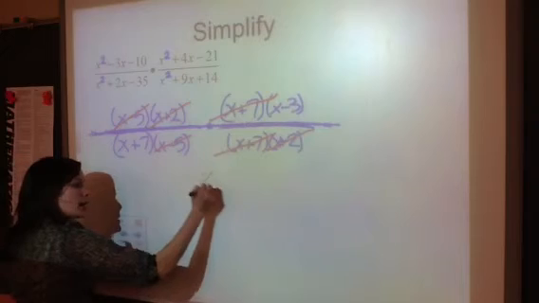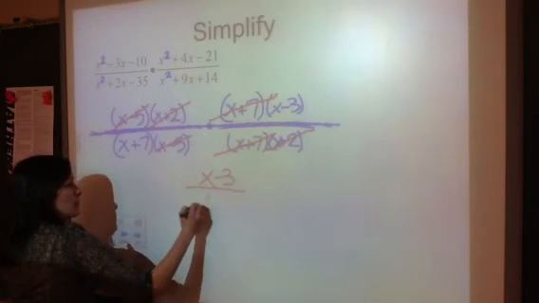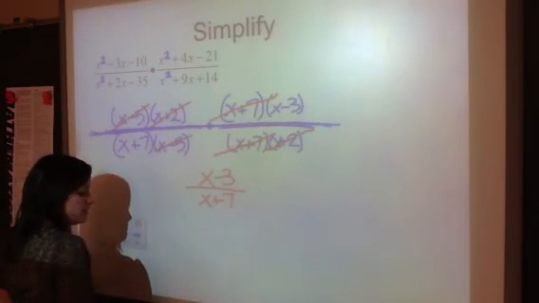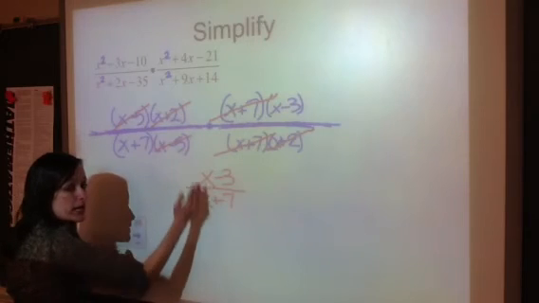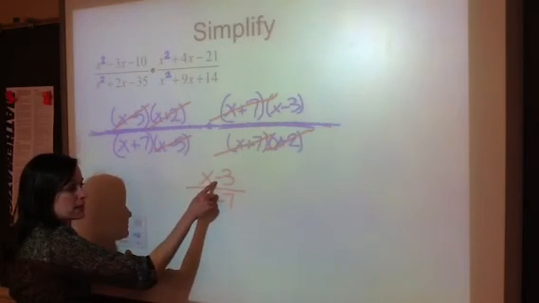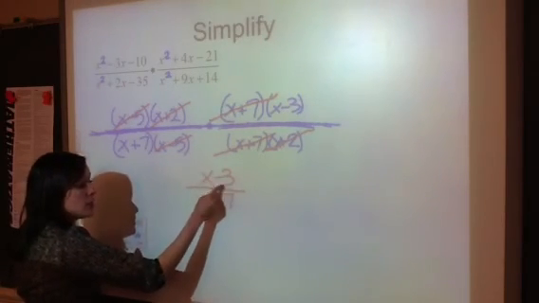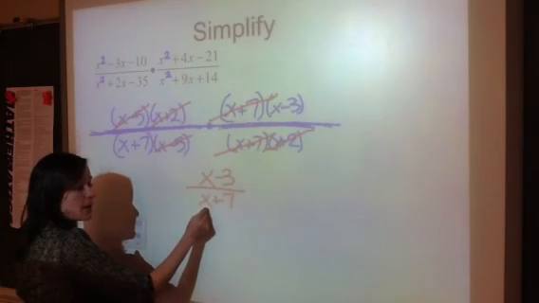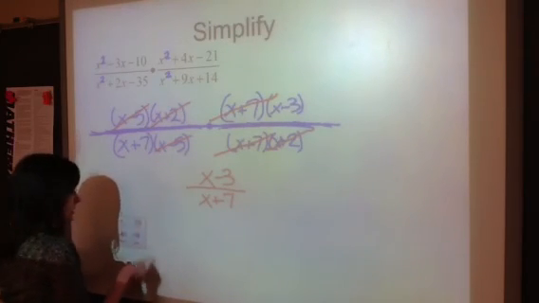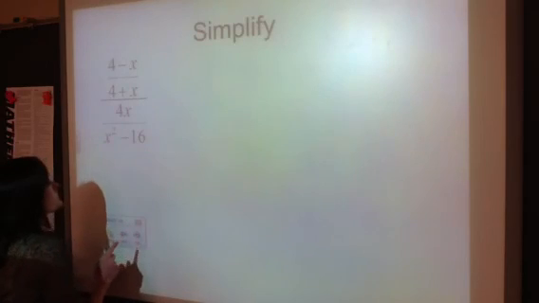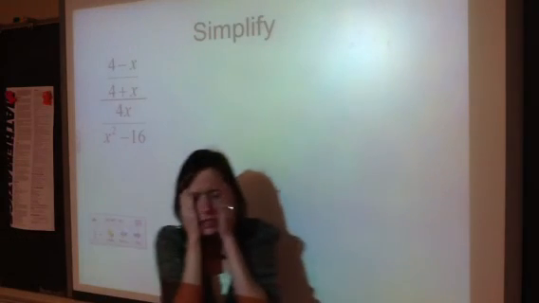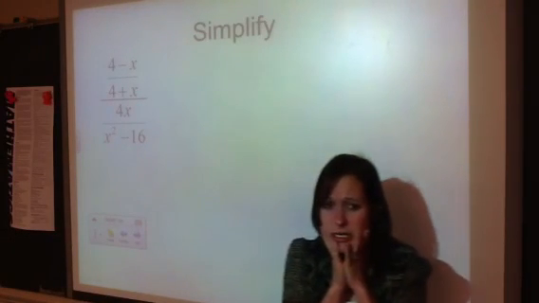On top, you got x minus 3, and on bottom, you got x plus 7. And you're done. Now those x's can't cancel because the top x is connected to the negative 3, and the bottom x is connected to the plus 7. So you can't cancel those. And now you're going, lady, division, huge